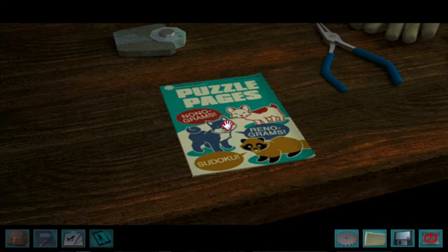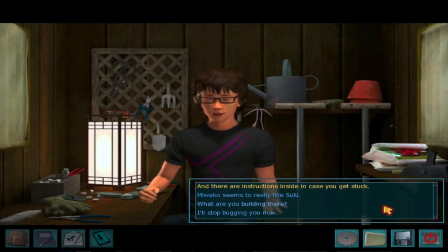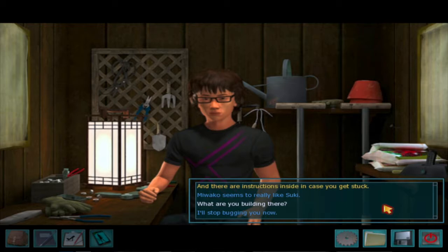Sure. He really wants us to enjoy ourselves. And there are instructions inside in case you get stuck. Oh, this is Rentaro, the one who she was like, Rentaro gave me Suki. And I was like, who the heck is Rentaro? You're talking about him like we should know who he is. There we go. What are you building there? Stop bugging you now, or...